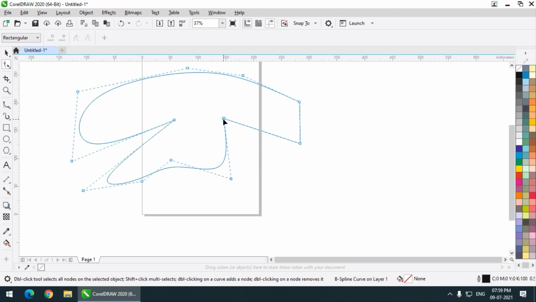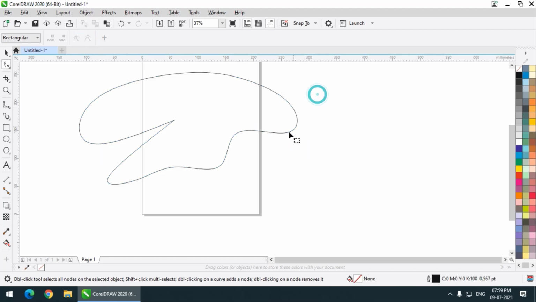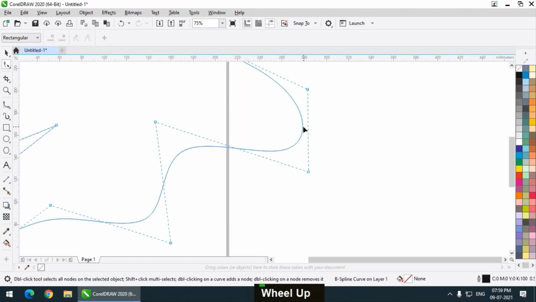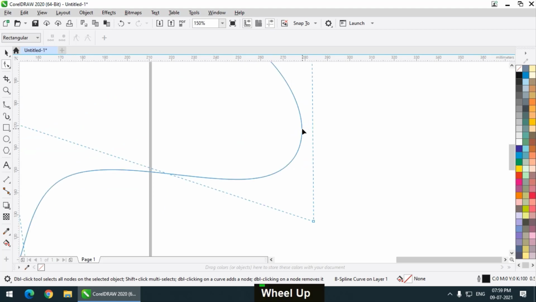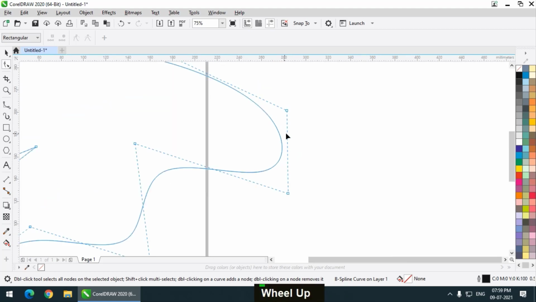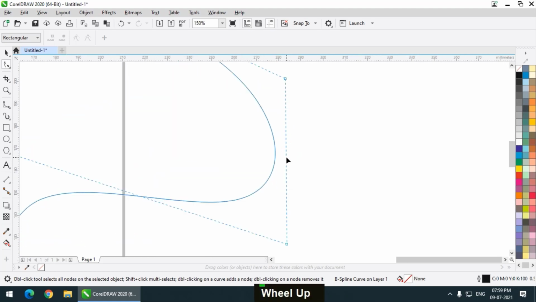And let's say you want to add a node or delete a node, the method is slightly different from the pen tool, and we can easily get confused. Let's say I want to add a node over here. My mind goes to the outline or the stroke first, so any person in that manner will try to double click on this particular area, but no node will be created because we have to click on this particular dotted structure. Only then a node or a point will be created.